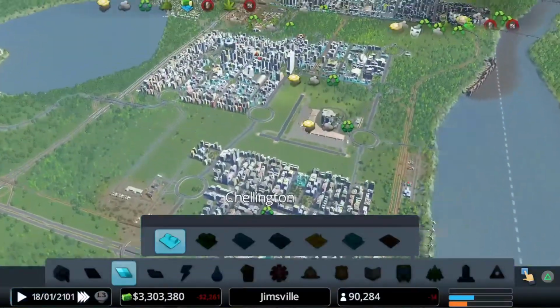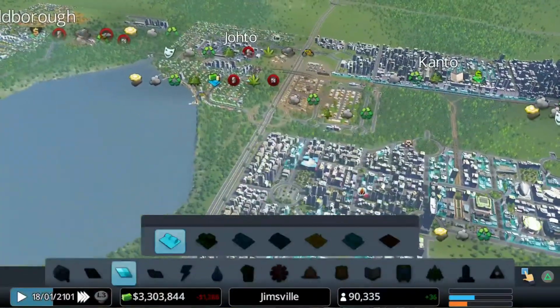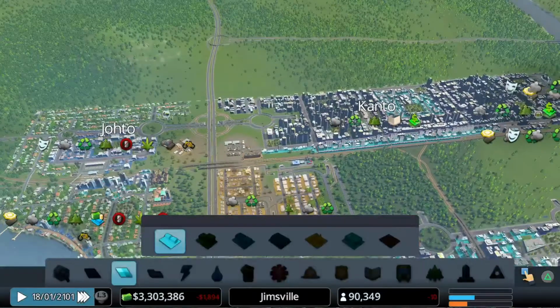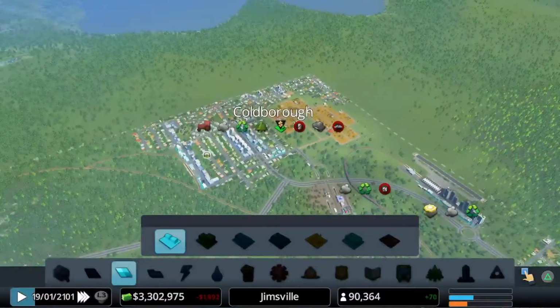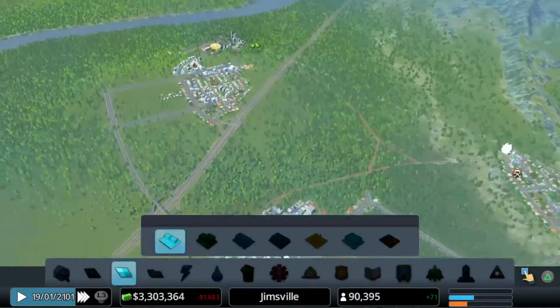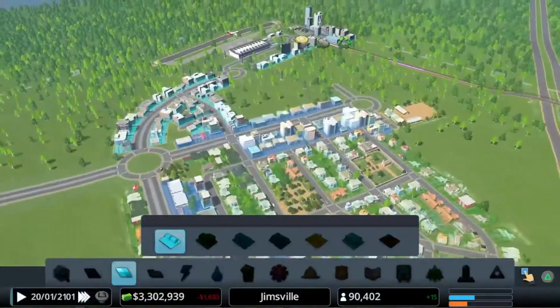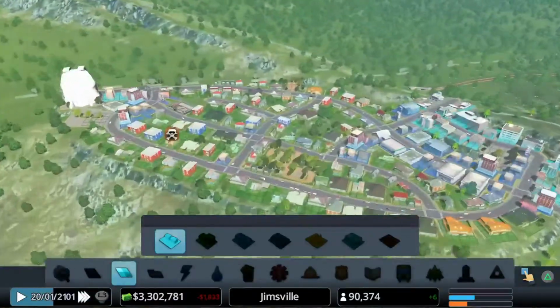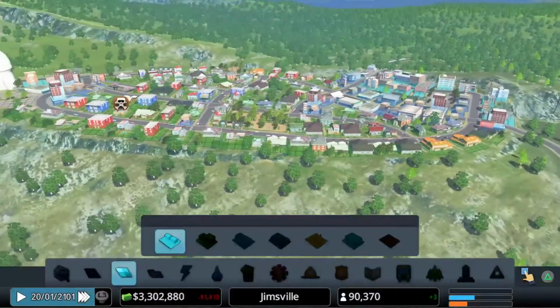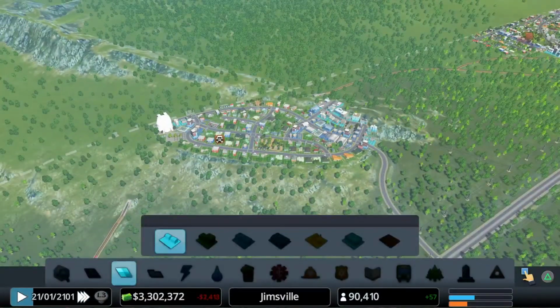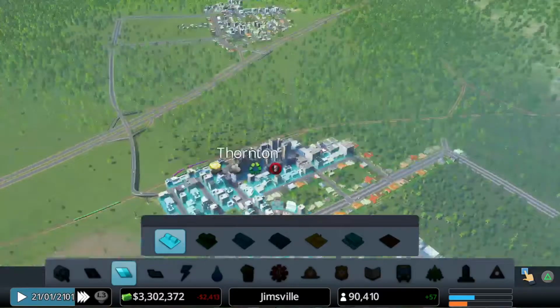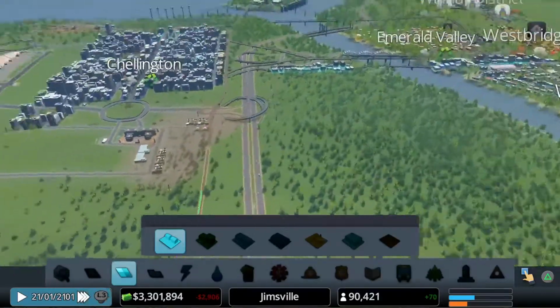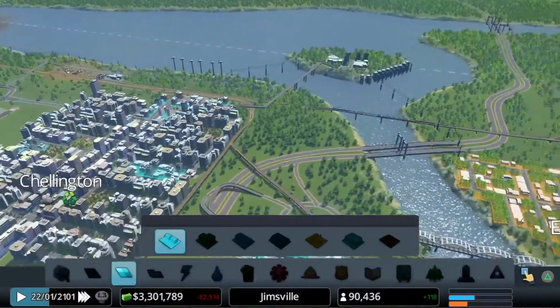We have Channington, we have Kanto and Johto from the last naming competition we did a while back. Got Colborough, Thornton. This area needs a name as well, so if you want to come up with a name for that one. And our little hilltop area here kind of needs one as well. So we've got a few little areas that need naming. So if you have suggestions, please do drop them in.